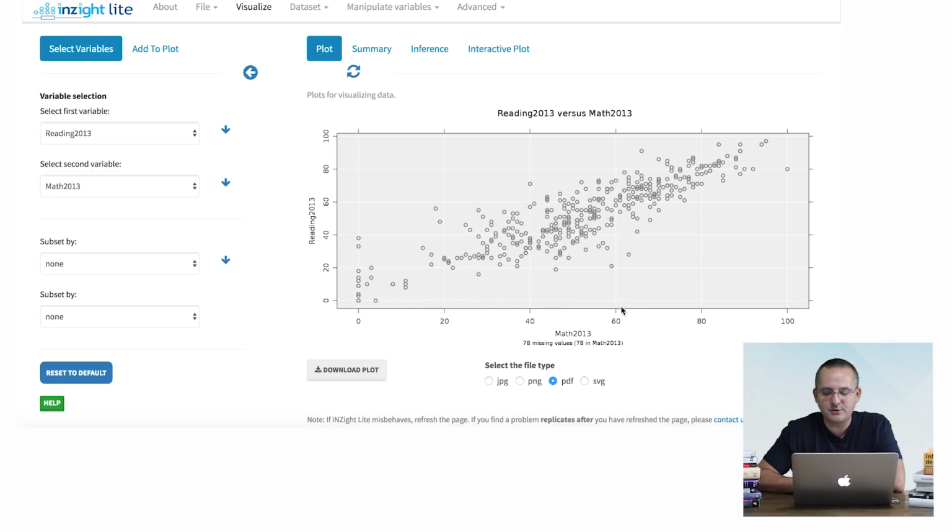The further to the right each dot is, the larger the percent of students in that school who could do math correctly, and the further up one of those dots is, the larger the percent of students who could read at grade level. So as you can see, in general, and that's the pattern that we have discovered thanks to the visualization, the further to the right a dot is, the further up it tends to be. That is a positive correlation. The more you have of one variable, the more you have of the other variable.